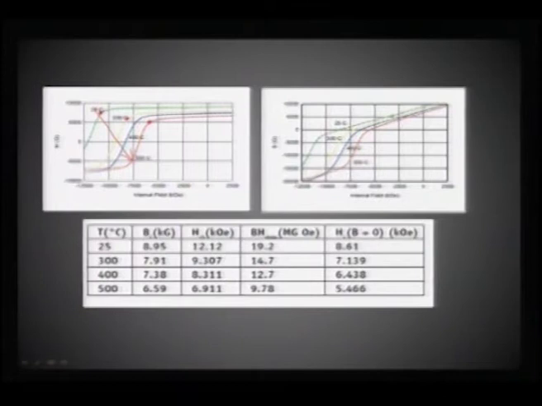BR is nothing but your remanence induction in this case, or MR, that is your remanence magnetization. Both change distinctly as you increase the temperature, and you can see B remanence drops by at least 2000 Oersted, and BH max is your energy product strength, and significantly it changes with temperature. That means it loses its magnetization with increase in temperature. Therefore, you can decide which sort of permanent magnet you can use for what application. So, at high temperatures, if they are going to drastically drop the energy product, then it puts a limit on its